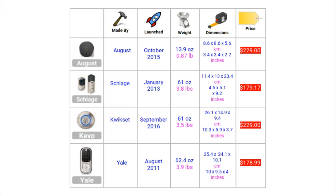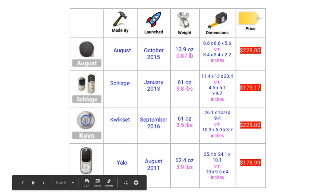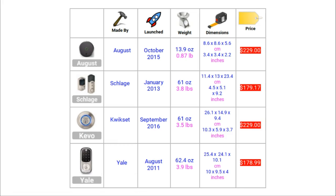Now there is a huge difference in the weight of these locks as well. The August smart lock is only 14 ounces, whereas all the other locks are over 61 ounces. The reason for that is the August lock does not contain a separate deadbolt, and all the other locks do. The Yale and the Schlage locks are also much bigger because those locks contain a number pad, and the Kevo